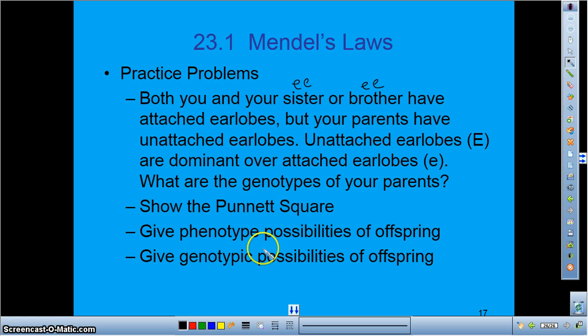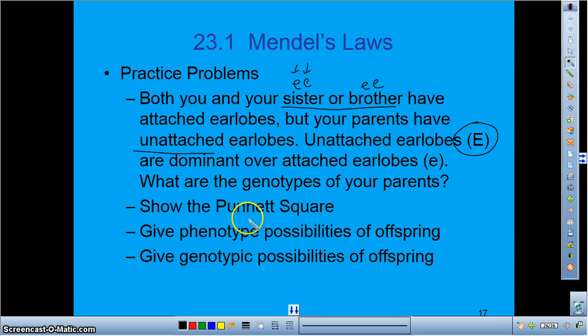Show the Punnett square and give the phenotype possibilities of the offspring. Well, obviously your parents, if they both have unattached earlobes, like it says right here, have to have at least one copy of a dominant gene. On the other hand, they can't have 2 copies of this dominant gene. I'll show you why in just a second. But if you and your sibling are homozygous recessive, you had to get one of these from mom and one of them from dad. So they have to be heterozygous